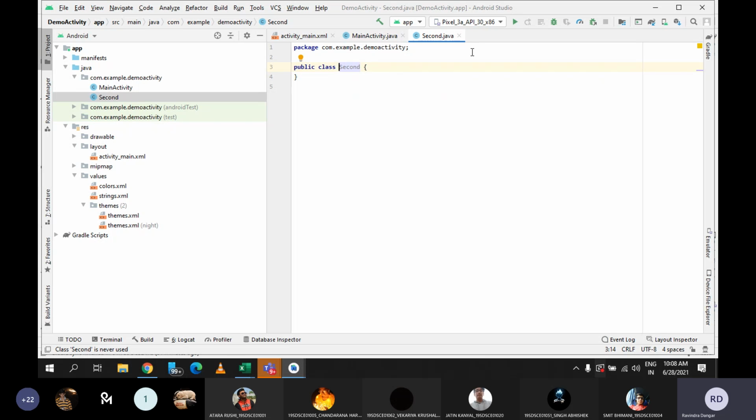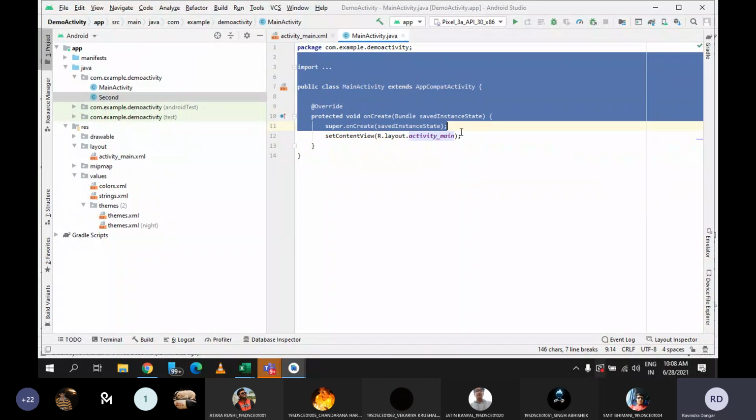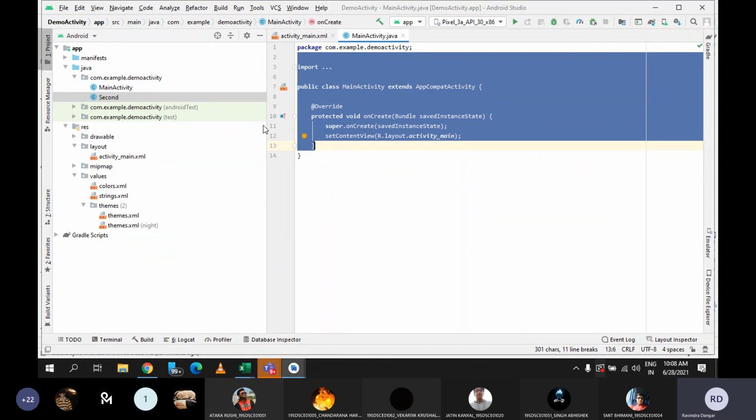That's it. Later on I will let you know what is the use of this onCreate method, what is this set content view, what is R.layout.activity_main. Fine. So today everything cannot be discussed. I am just giving the overview of the project explorer, like what is the meaning of Java file, what is the meaning of Java folder and the other folders. As of now we are not going in depth for each file, but I'm just giving the overview of Project Explorer. Fine.